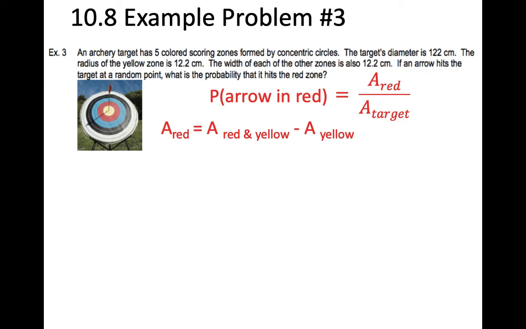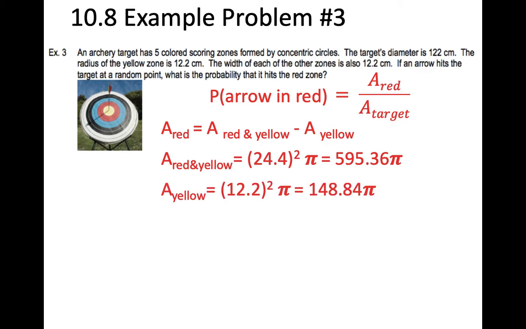Well, if the radius is 12.2 and each one is another 12.2, then the red and yellow is 2 of them. That'd be 24.4 squared times pi is about equal to 595.36 pi. And the area of the yellow is going to be 12.2 squared pi, which is 148.84 pi. So if I subtract those, I get that the red is exactly